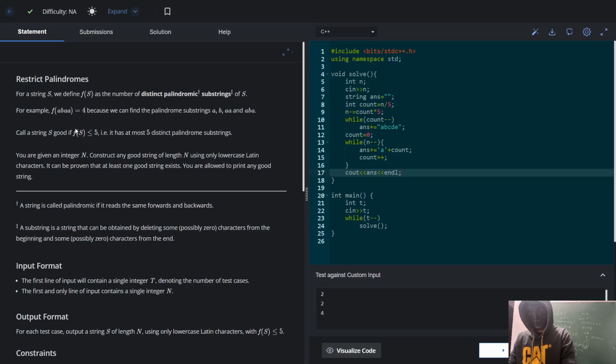Basically this condition, f of s less than or equal to 5, just clicked in my mind that only 5 distinct characters should be there in the string, which is this. And in this case only we'll be having single length palindrome strings a b c d e, and when you're repeating a b c d e a b c d e, even if you take any 2 length characters, in that case it will be failing. And here in the while loop, why I am taking a b c d e again, because if I try to put any single character, then in that case it may happen that